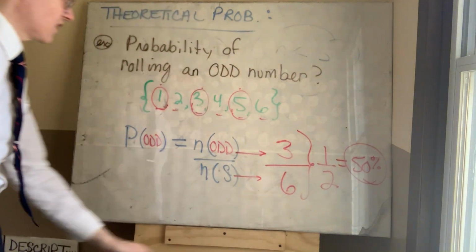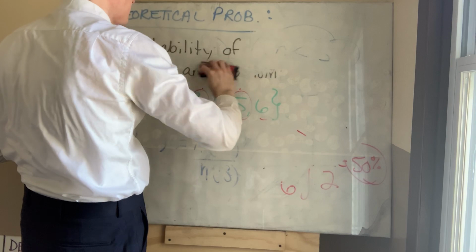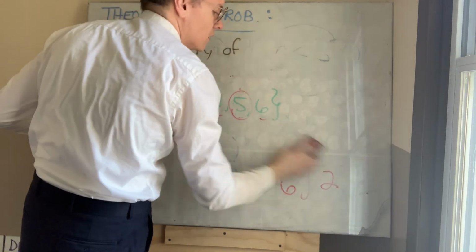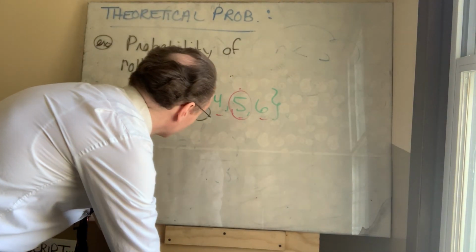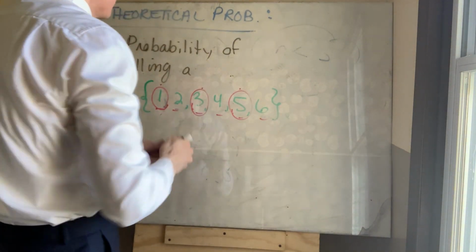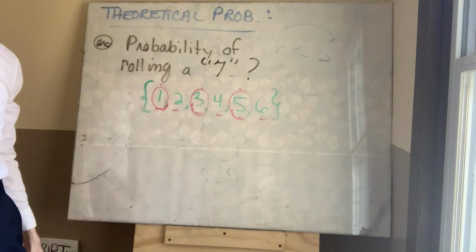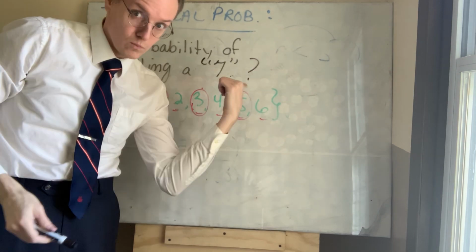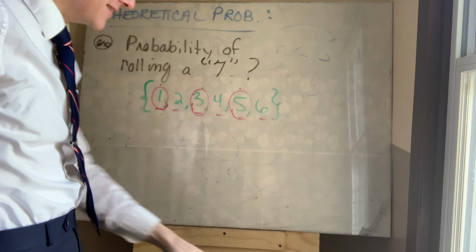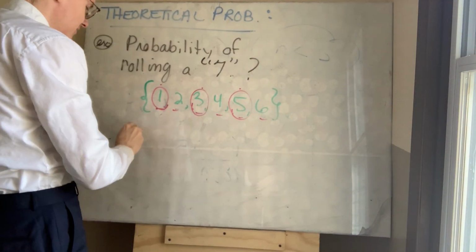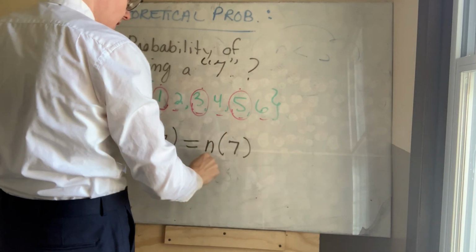Now this is kind of a trick question. This last one. What is the probability of rolling a 7? Sometimes you get goofy questions like that. I guess they're testing to see if you're paying attention or not. Well, you might write it like this. And if you do, it might help